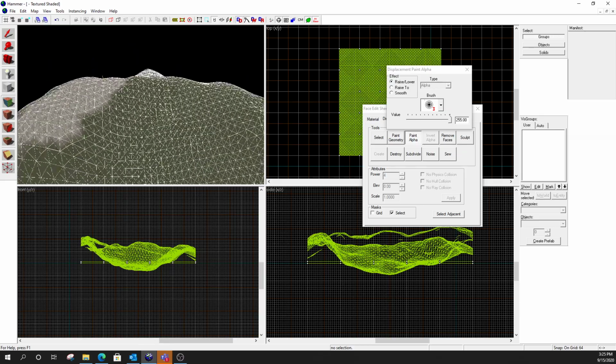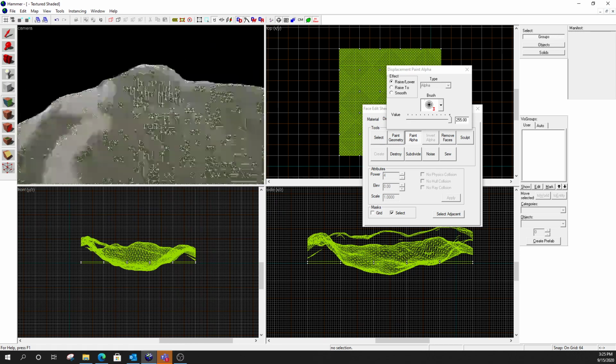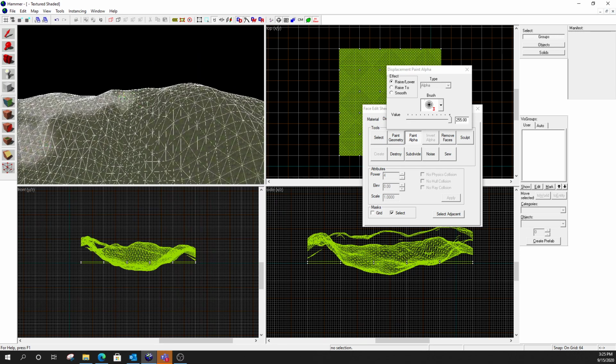So now I'm going to fly around, and I'm going to paint little bits of rock around where I want rock to be. You know, all of my mountain tops and whatever. And I can switch out brush sizes if I want to use smaller brushes, larger brushes, if I think I should be using different sizes. I can also adjust this a little bit if I want to blend the materials in a little bit. So if I want to have a little bit of grass mixed in with the rock,